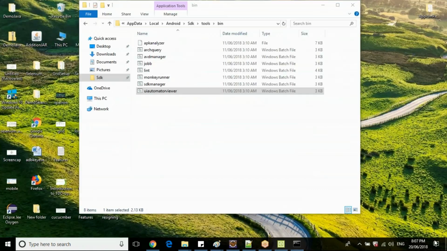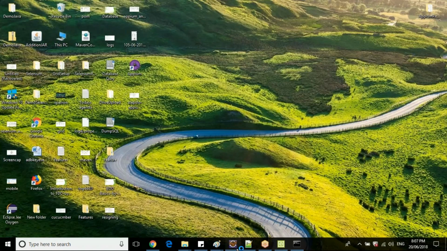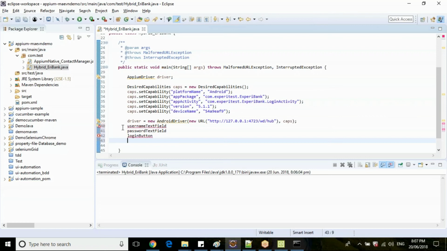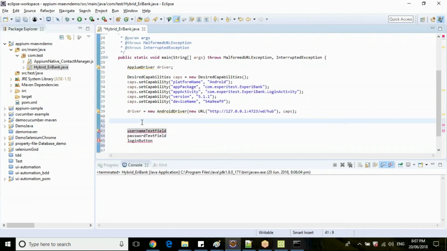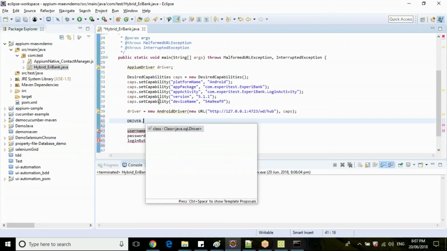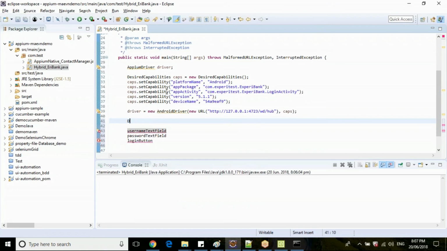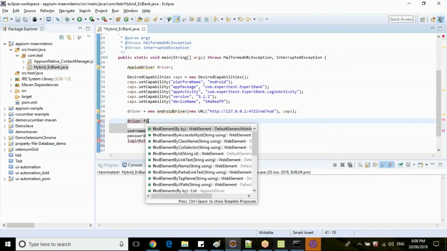Let's start the Appium server. By that time you can write our code. So what is the API that we need to use here, guys? What is the method that we need to use here? It's by ID. And what operation?